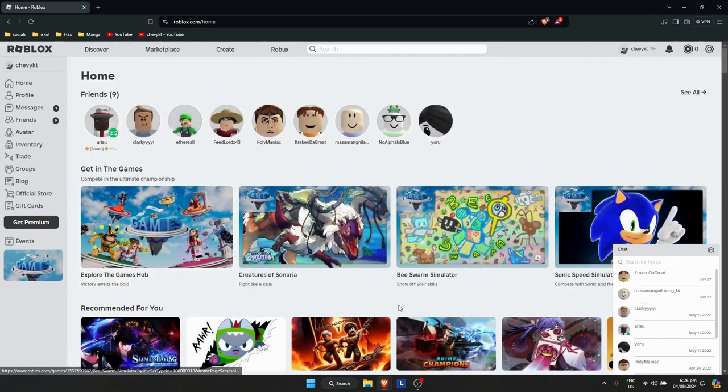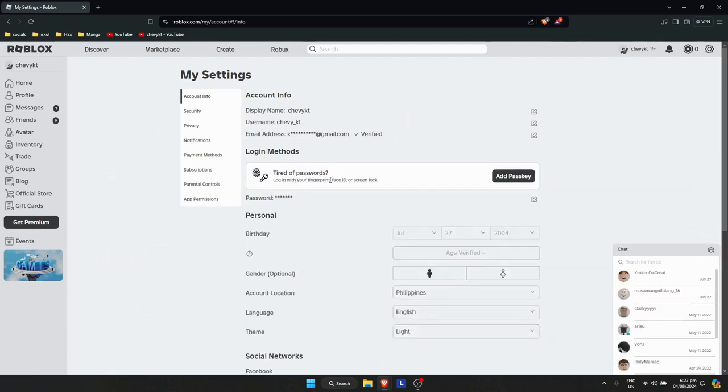Once you're here, you want to log out first. So make sure that you know your password and stuff, like your email and your phone number connected, so that you could go back to this or your particular account that you will be logging out. And as you can see, when you go to settings here on the top right, you will see your email address,